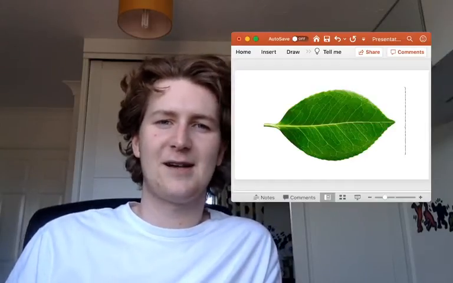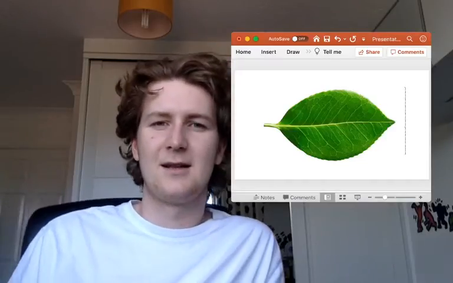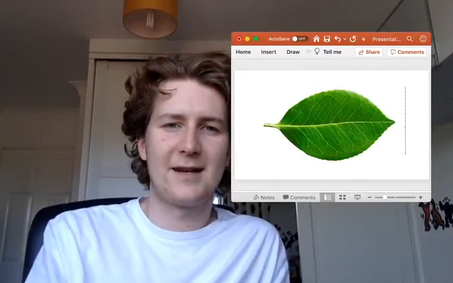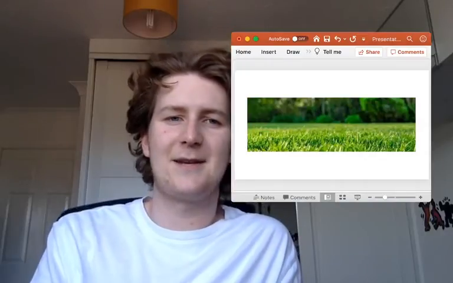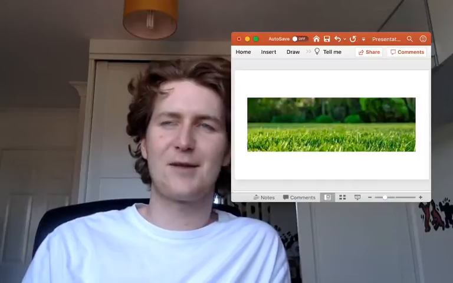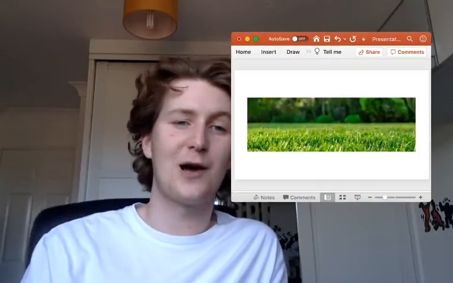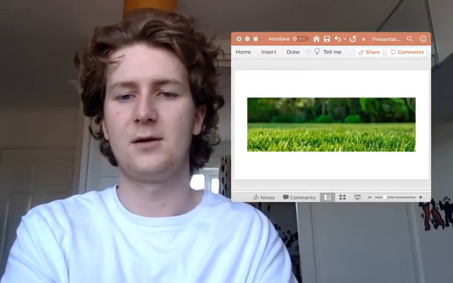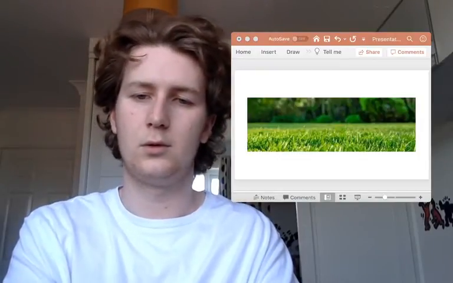So the first picture I've got there is a picture of a leaf. That's the word, obviously growing on trees, plants, whatever, and that's the first nature word. Okay, so the second picture I've got there, I'll let you have a guess, have a think. That's a picture of some grass or a lawn. Oh, sorry, I'll write it in there. So the first one was leaf, just for spellings. Grass or lawn.